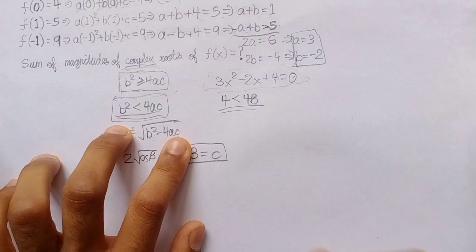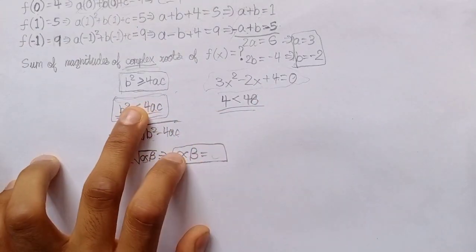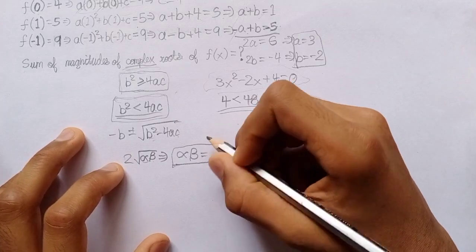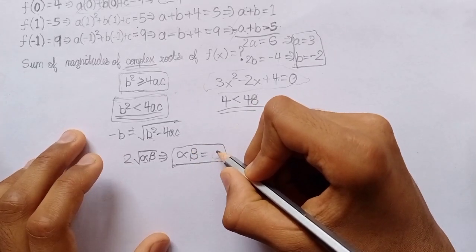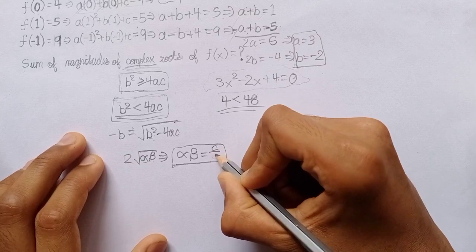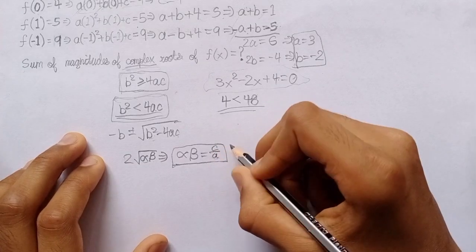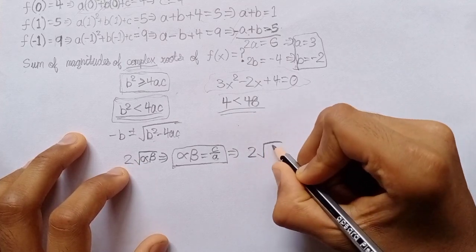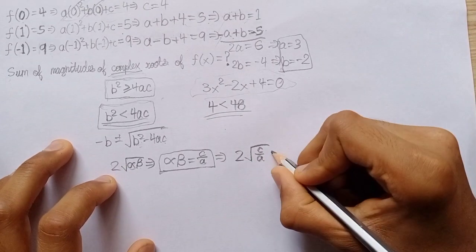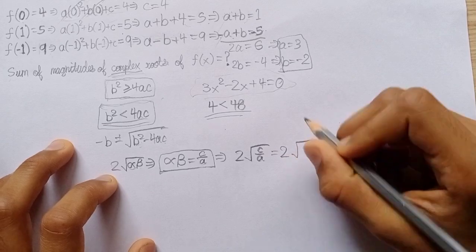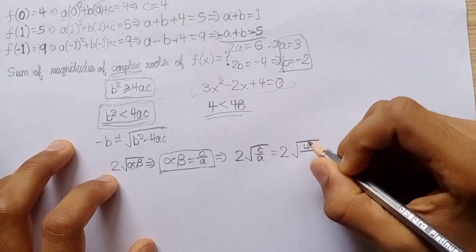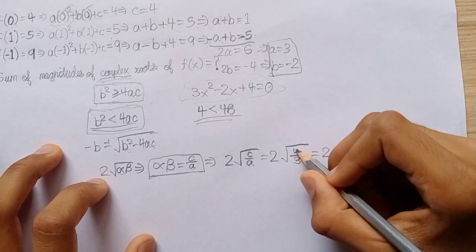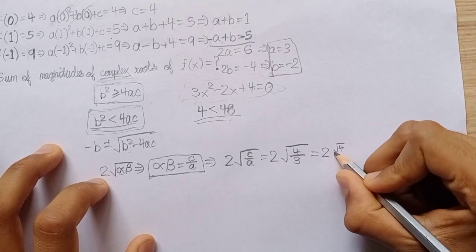But this actually works only if the x squared's coefficient is 1. So if the x squared's coefficient is not 1, we'll have c by a. So now substituting in this thing, 2 root c by a, where c is 4 and a is 3. So we have 2 root 4 by root 3,